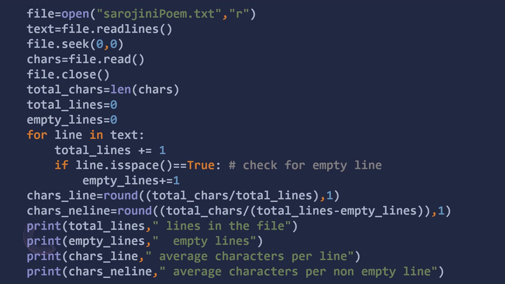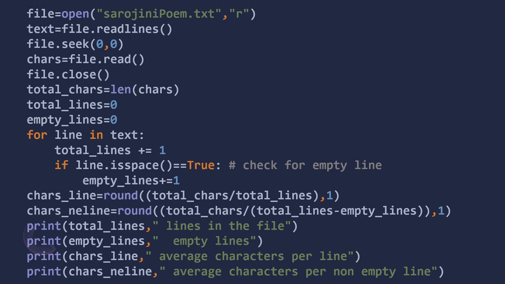Now again, it will read the entire file by using the read function, and the output is stored in a variable called chars. That means it will store the characters present in the file. We can get the count by using the length function. Within that we have passed chars, so it will give the total number of characters present in that particular file.